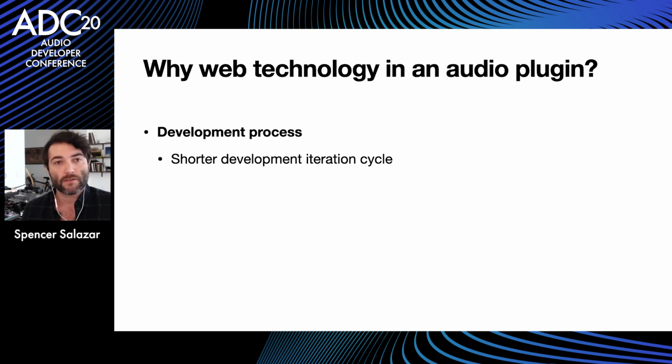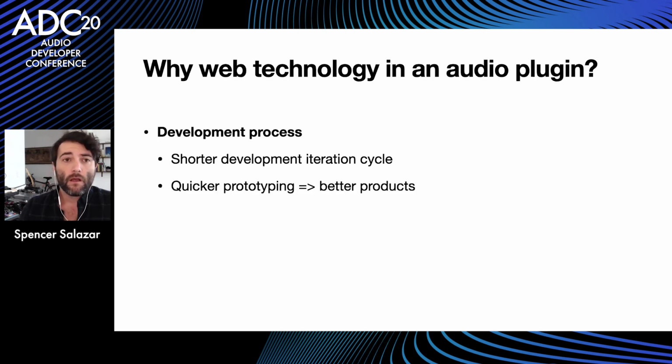So we imagine that building this on a web stack would ultimately allow us to iterate faster. As well, this allows us to prototype quicker. So you can build lots of user interface ideas quicker using JavaScript, in our opinion. And this ultimately leads to better products, because if you can prototype an idea really quickly, you can easily decide,